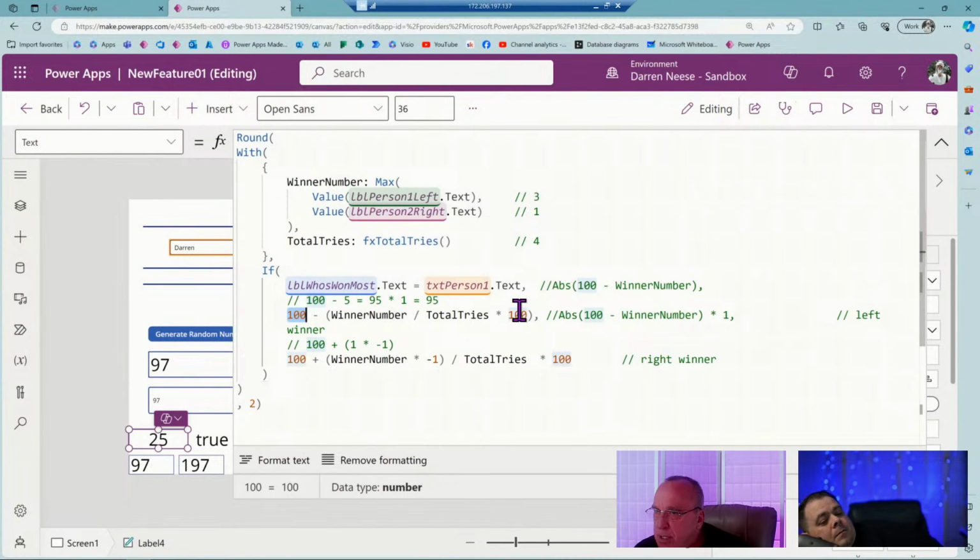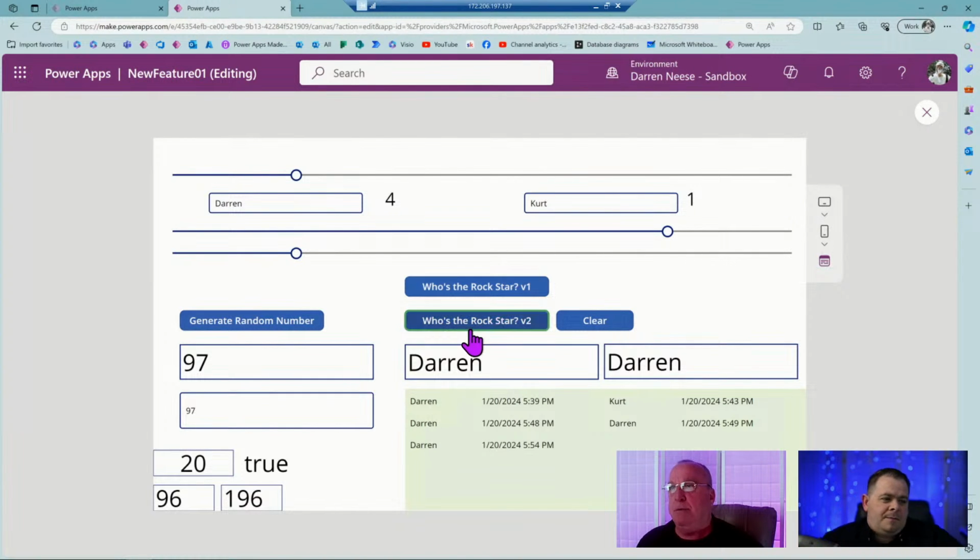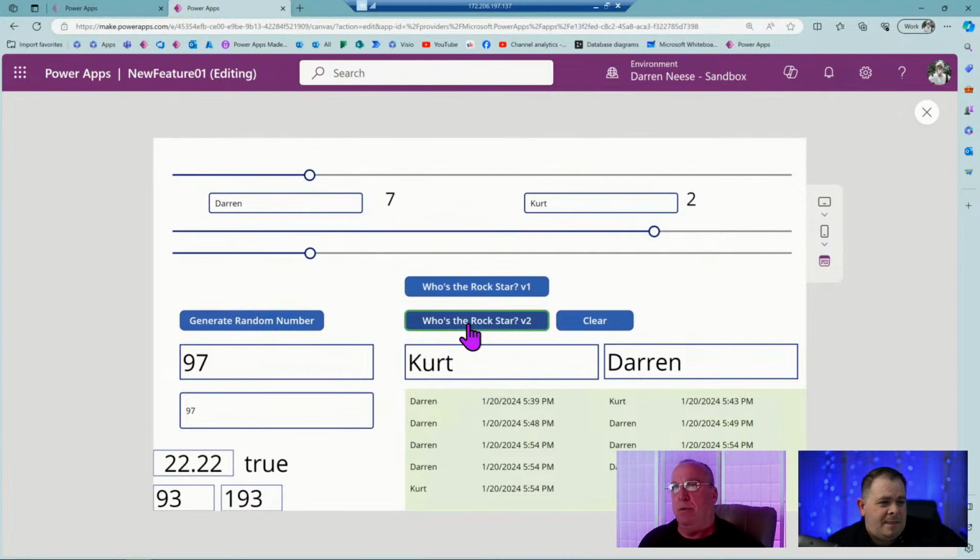Let's try it. Let's see. I'm almost afraid. Okay, so we got 25. Let's click here. Let's see what goes on. We need to keep clicking so Kurt can be the winner here. It seems like it's working. Boy, you just keep getting bigger and bigger. Yeah, it's working. It's moving good, man. Because it's actually in proportion too.